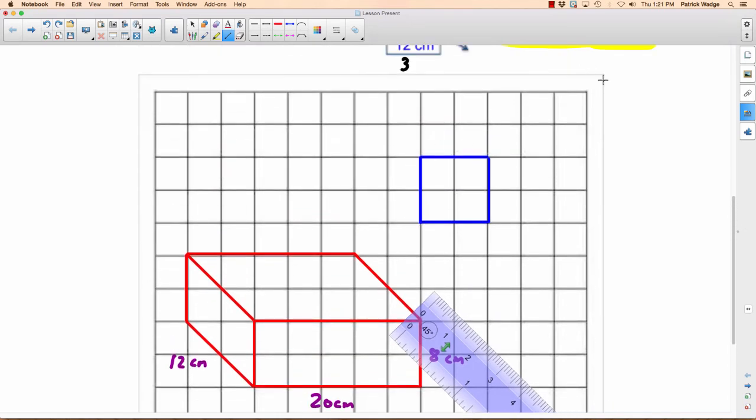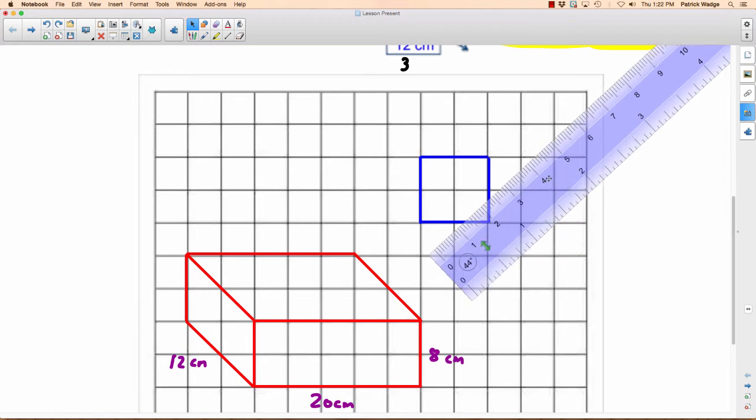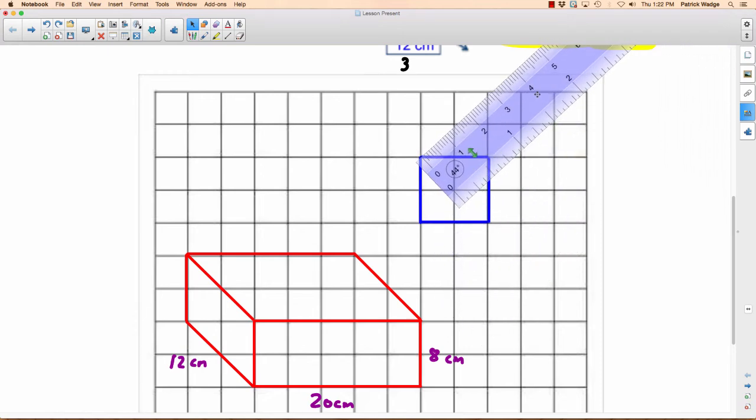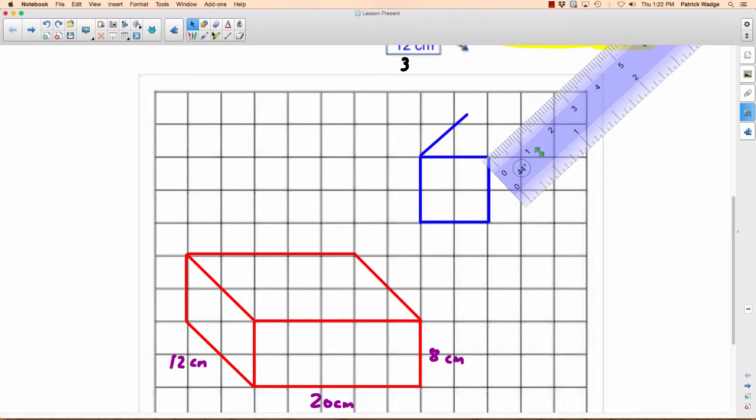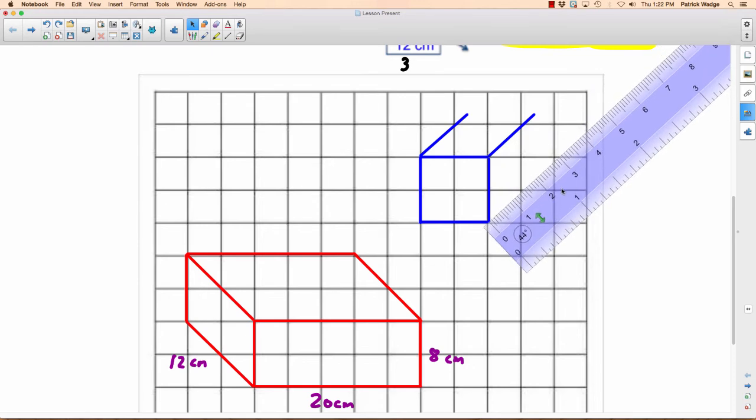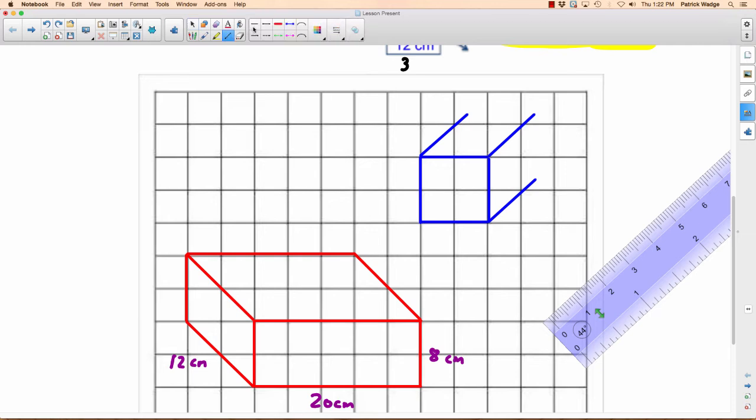and this time I'll go off to the other direction. I'll go off to the right this time at my 45-degree angle. Okay, since this was 2 by 2, I have to go back 2 again. So if I go here, that would mean going back to about there. This one would mean going back to about there. And this one would mean going back to about there. So now I can get the ruler out of the way and join those lines together,